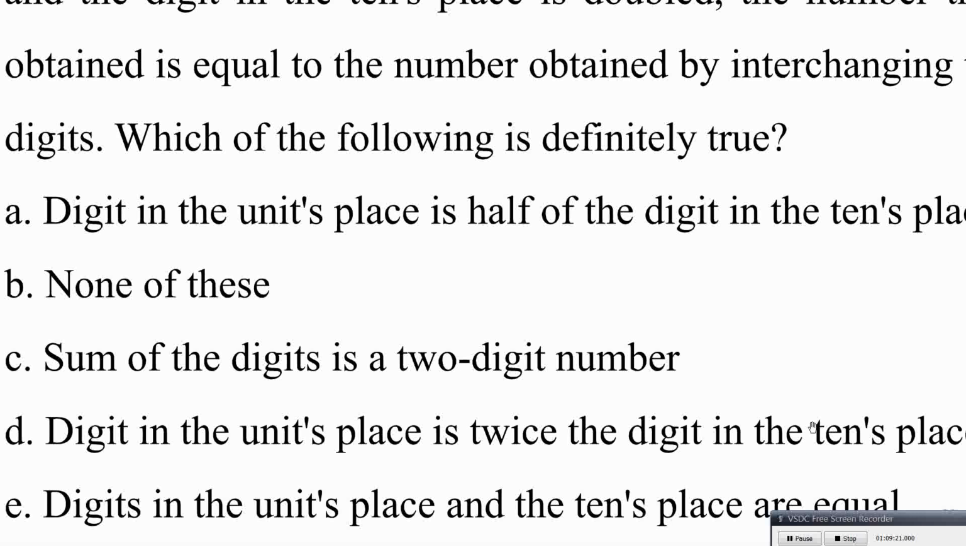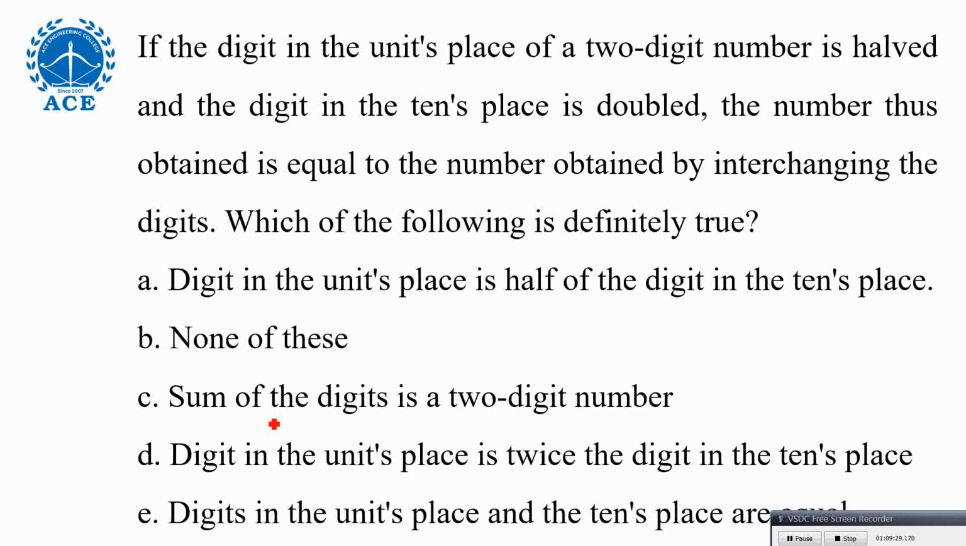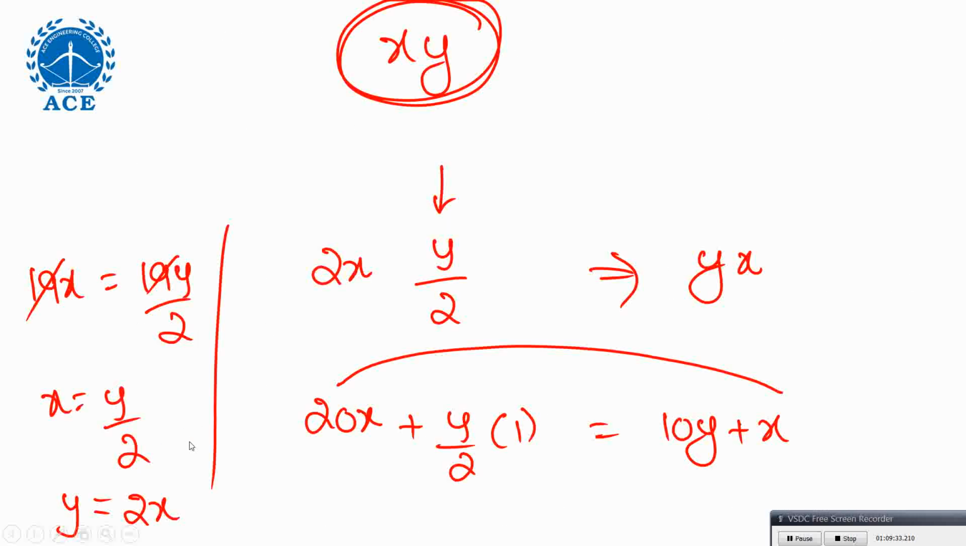Now we got y equal to 2x. Y is the units place, x is the tens place. So which option? Option D. You just see that question please. Any doubt? Ask. Many people are worrying about how you write that equation, 20x plus y by 2